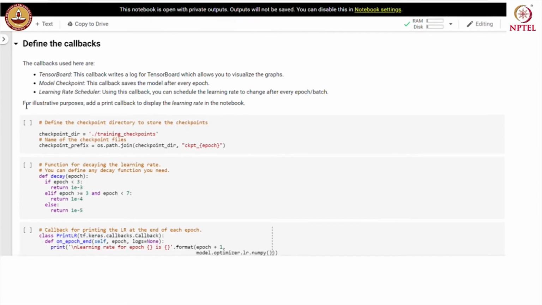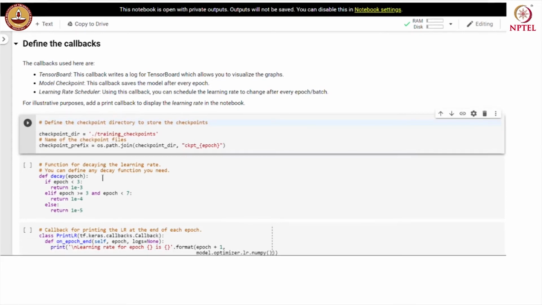For illustrative purposes, we add a print callback to display the learning rate in this notebook. So, let us set up the checkpoint directory to store the checkpoints and give the checkpoint prefix.